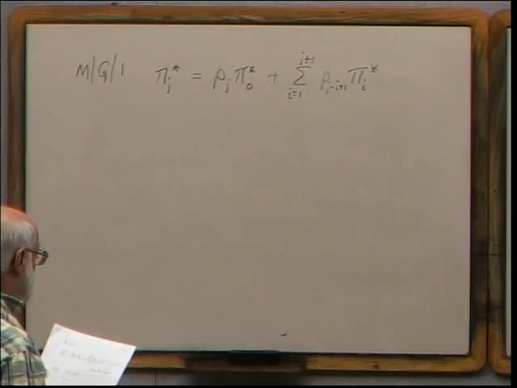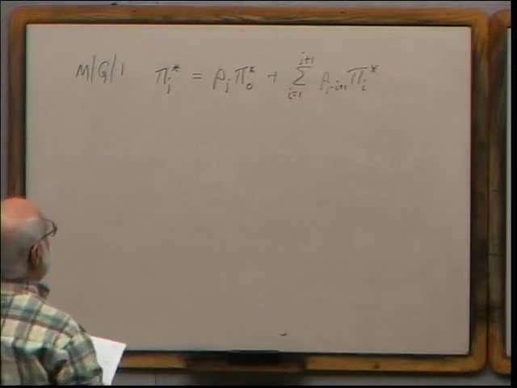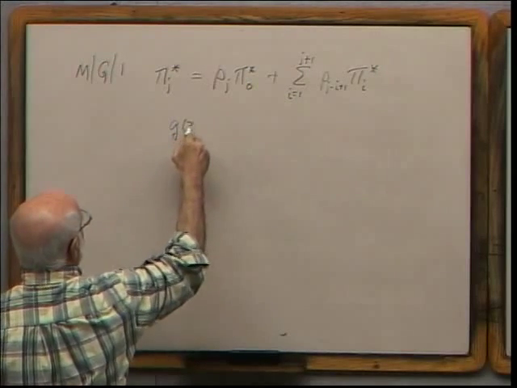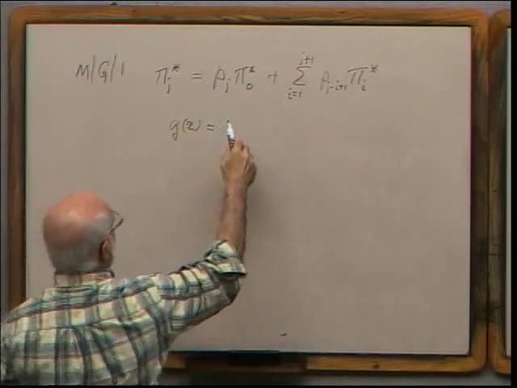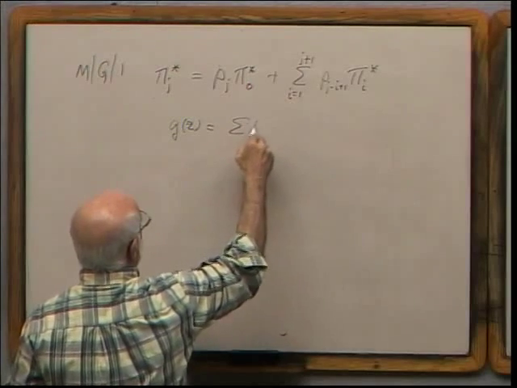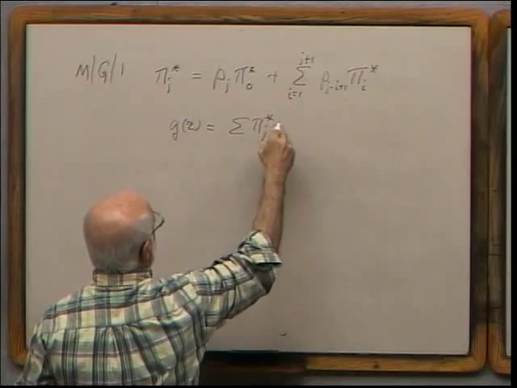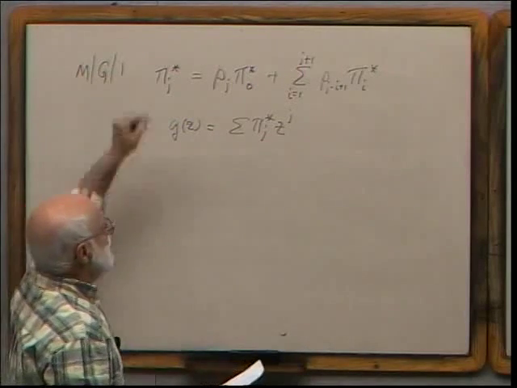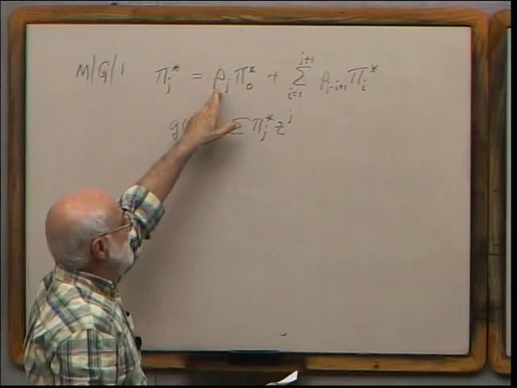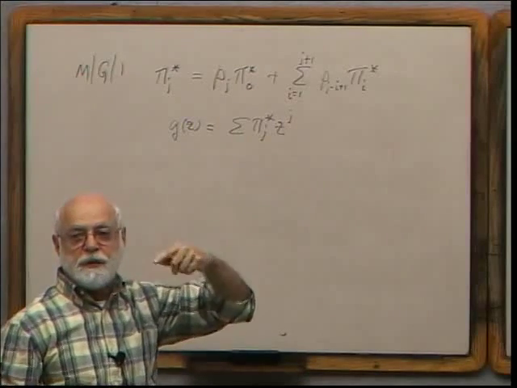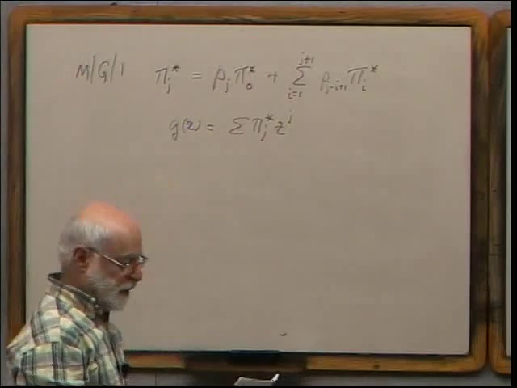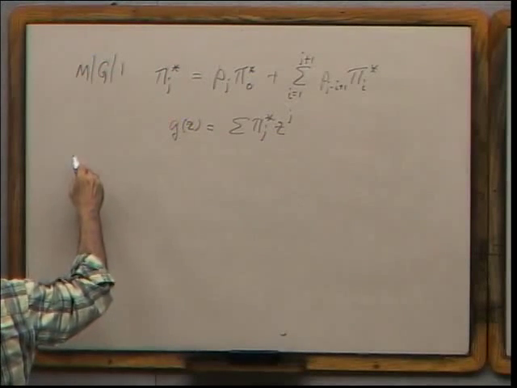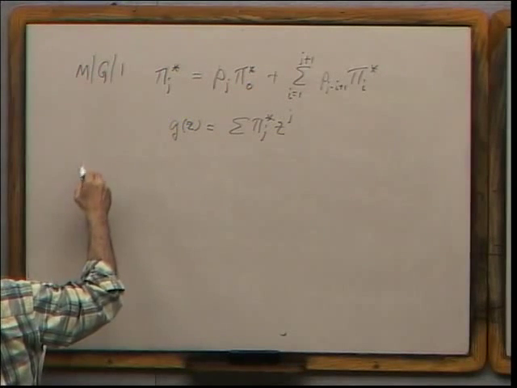And we solved these equations and we got this G(z). So G(z), by definition, was the generating function of these pi_j stars. And the G(z) contains the little p's, and the little p's is where the service time distribution function is contained. Okay, then if we looked at the M/G/1 with vacations,